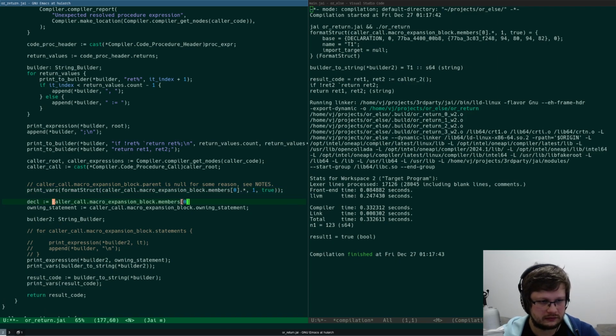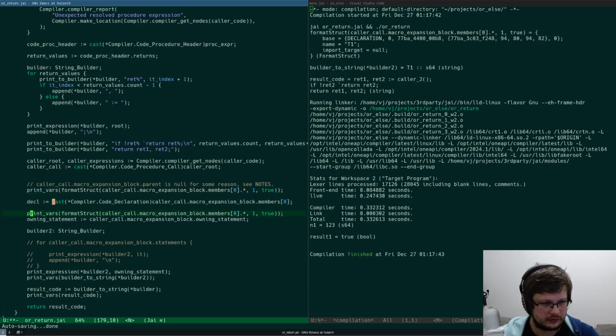Decl. It's a cast to code declaration, and then we will print vars of decl.